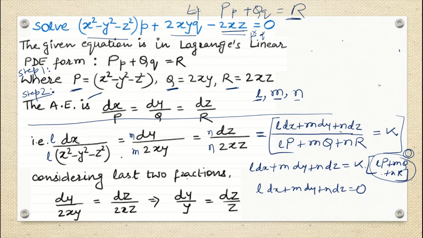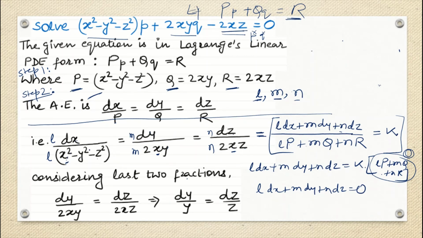Fine. We can see that the first term has squares, right? x square, y square, z square. The second term has just x, y. The third term has just x, z. And we can see even the second term contains x. The third fraction also contains x. The first fraction also contains x, but it is x square. Fine. So